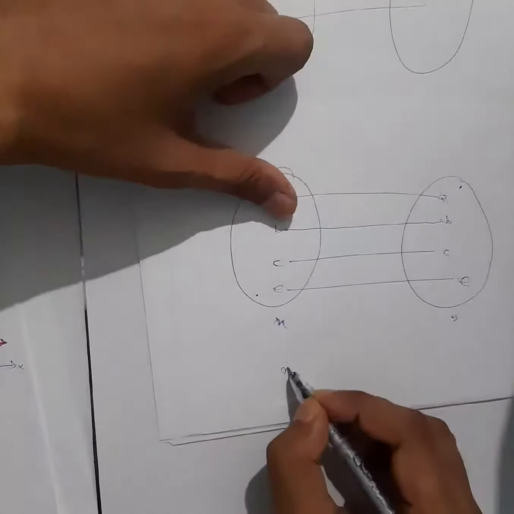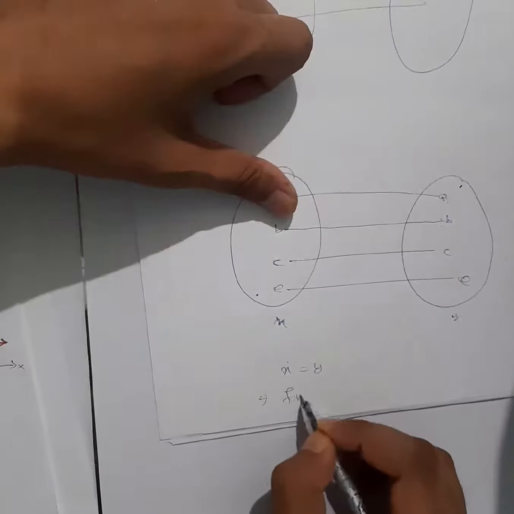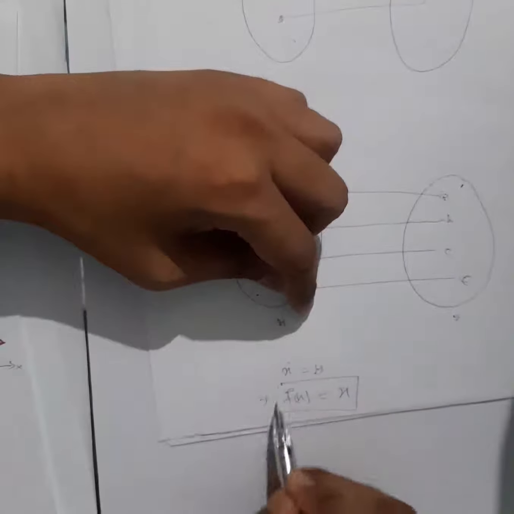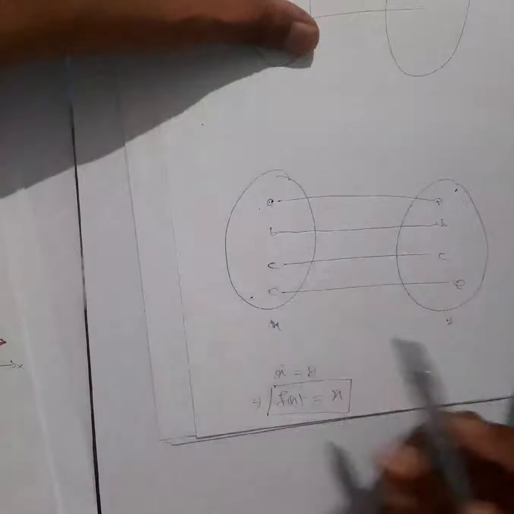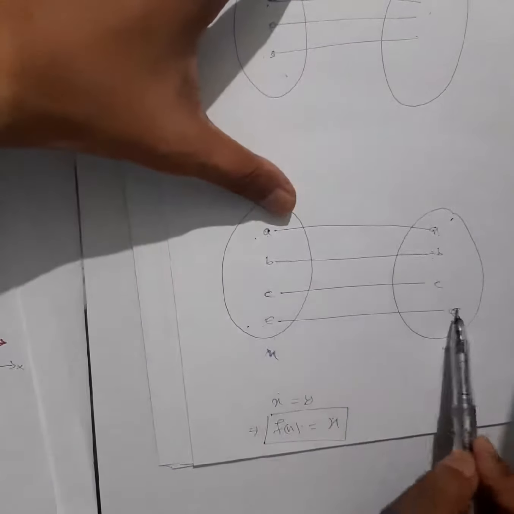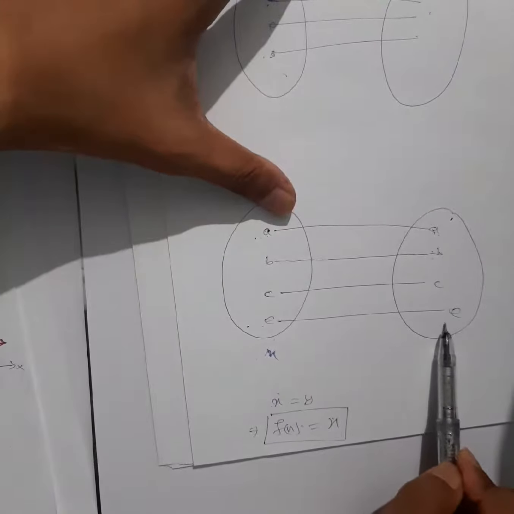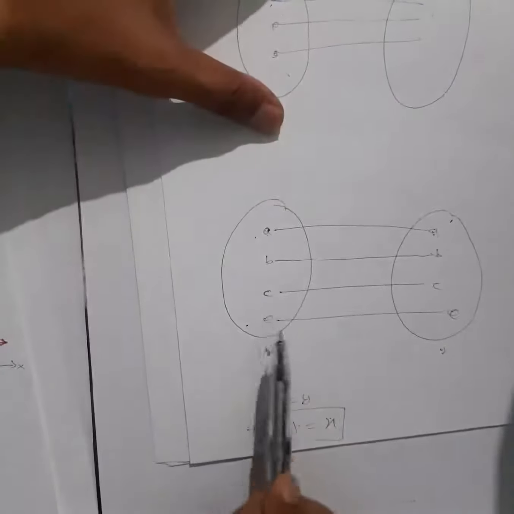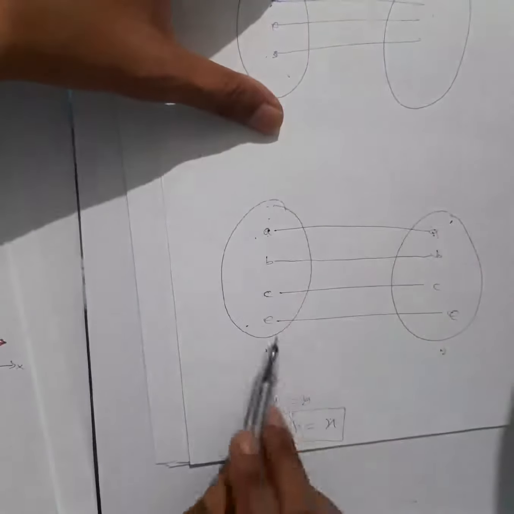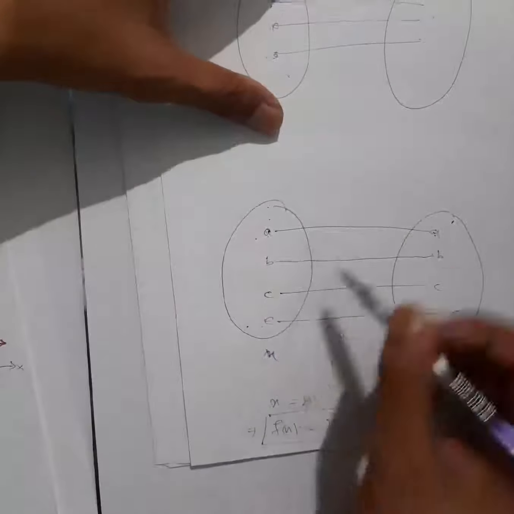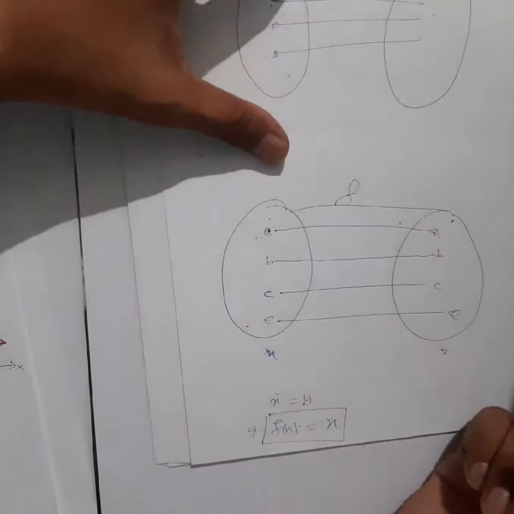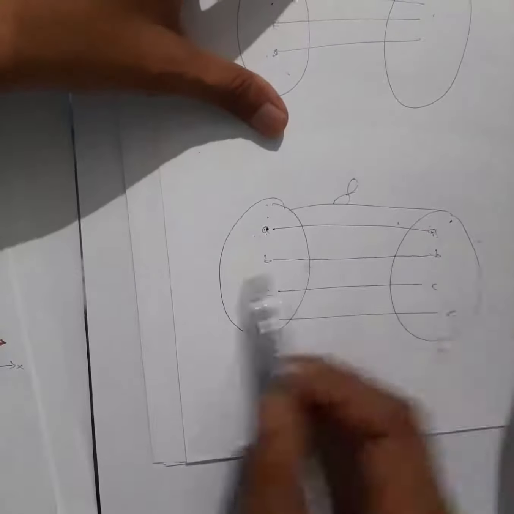Okay, means what I can write, X is equal to Y, that is I can write Fx is equal to X. If you have such a kind of function, then this is called identity function. Means for any element in your first set, you get the same element in the second set, the same image. First thing, it must be a function. Function means every element must have an image. For every element, if this condition is satisfied, then that kind of function is called the identity function. So this function has a special name, it is called the identity function. So very simple to understand like this.